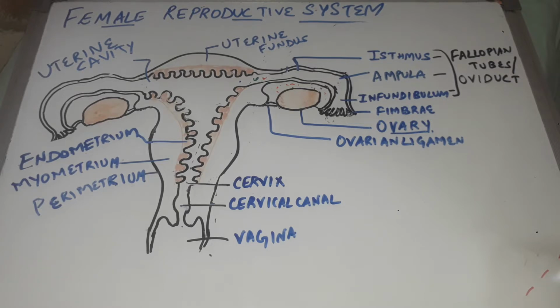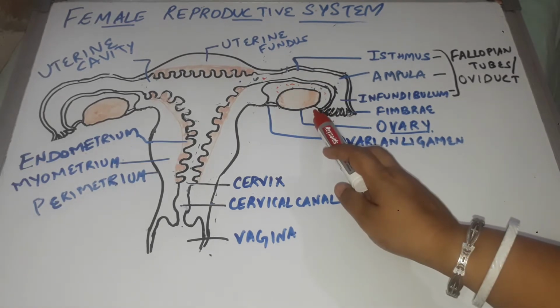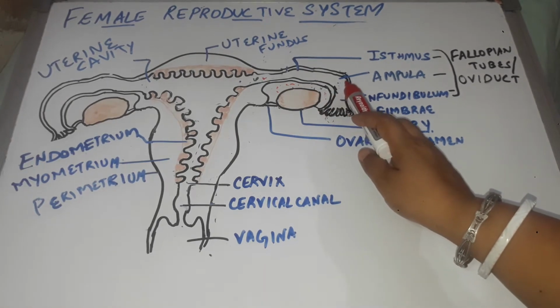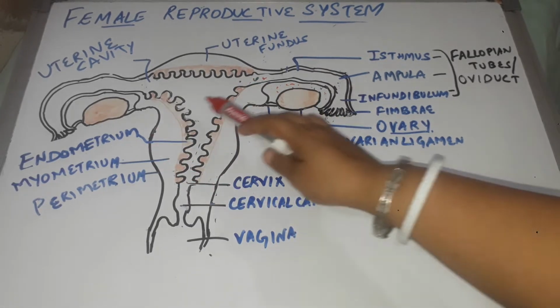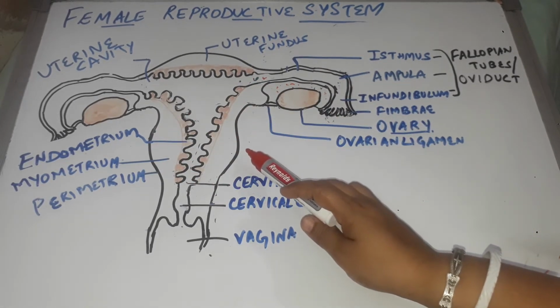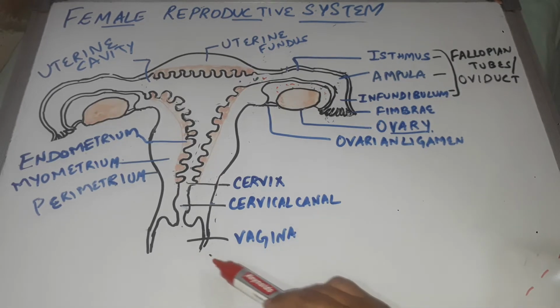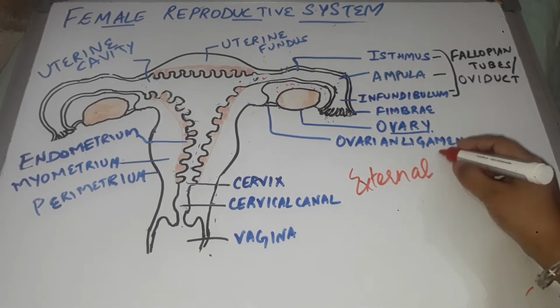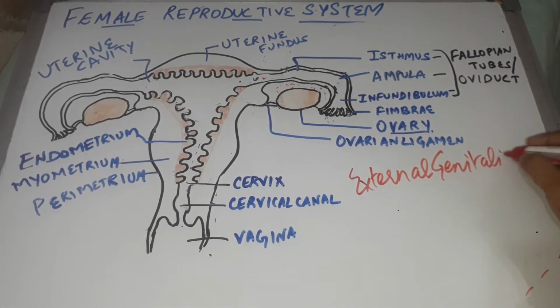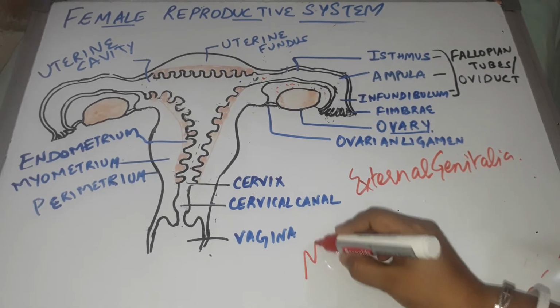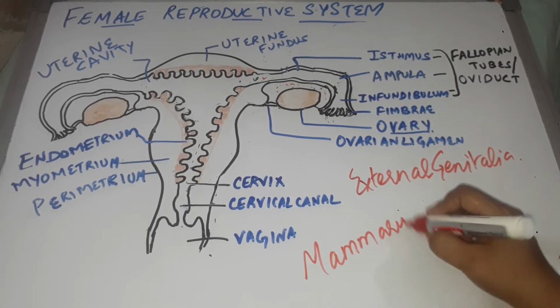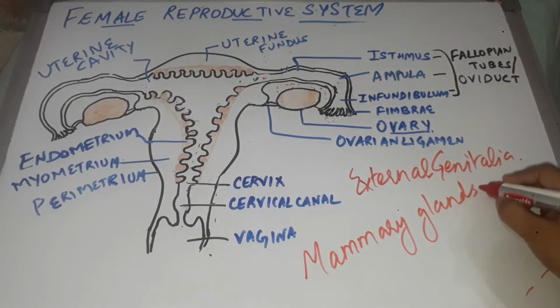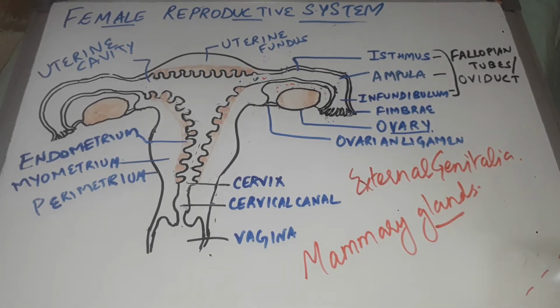So the female reproductive system lies in the pelvic region of the females, and it comprises a pair of ovaries, a pair of fallopian tubes or oviducts, an inverted pear-shaped structure which is called the uterus, and the vagina. Along with these, the external genitalia is also present, which we'll shortly discuss, and another structure called mammary glands or breasts is also considered part of the reproductive system because they help in the nourishment of the offspring of humans.